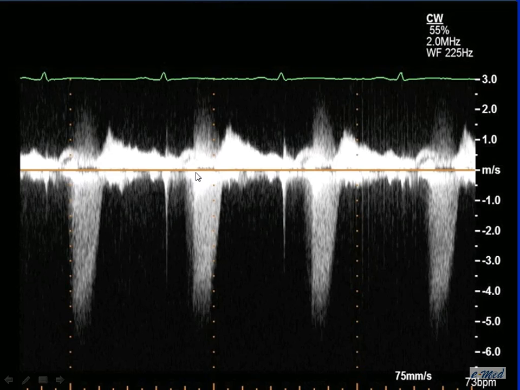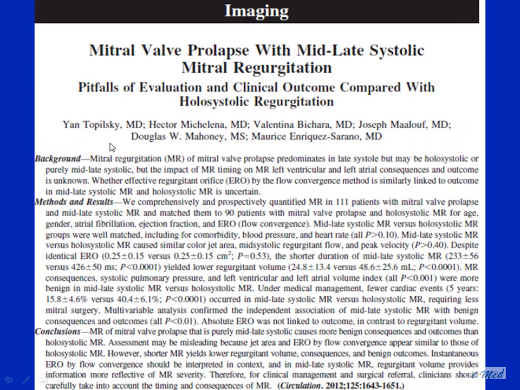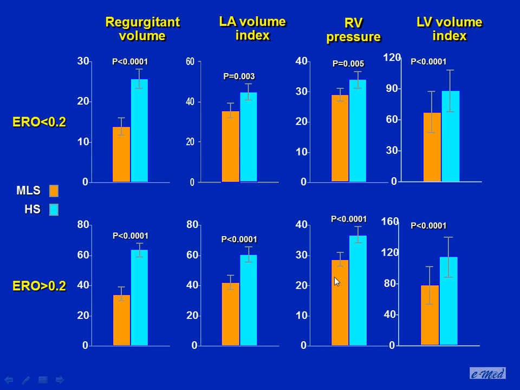Sometimes the continuous wave Doppler is a little weird. The first part of systole is absent, and you have that part. Should we use the effective regurgitant orifice in this patient, and how should we use it? And Jan Topilsky, who was working with us, is Israeli by heart and lives here in Tel Aviv, has done that study and was just published in Circulation, where we looked at people who are matched holosystolic MR and mid-late